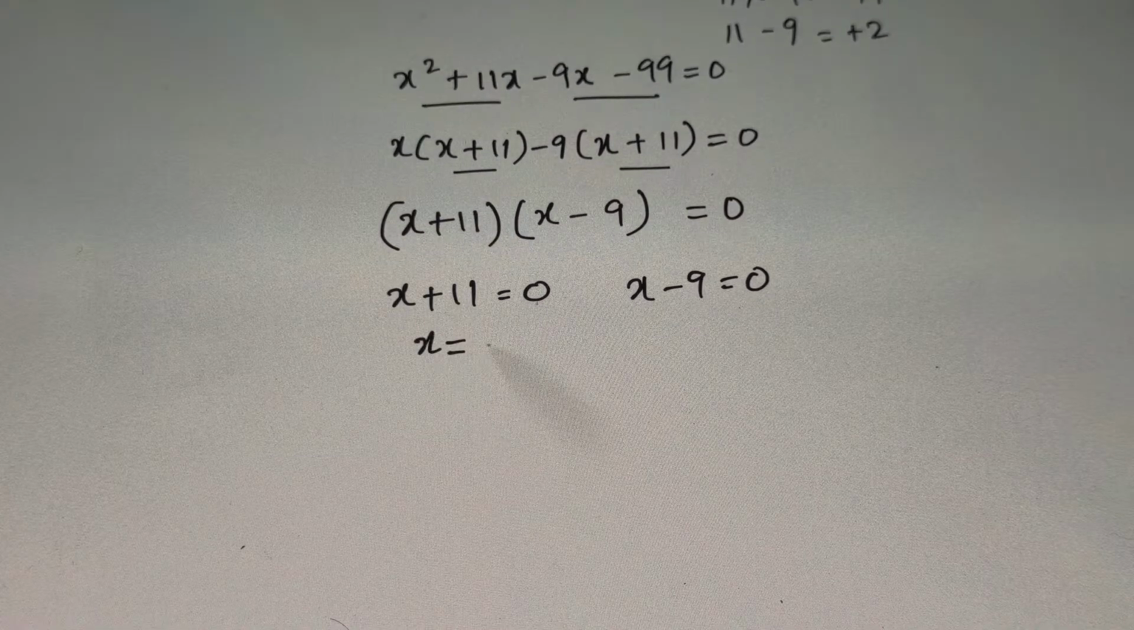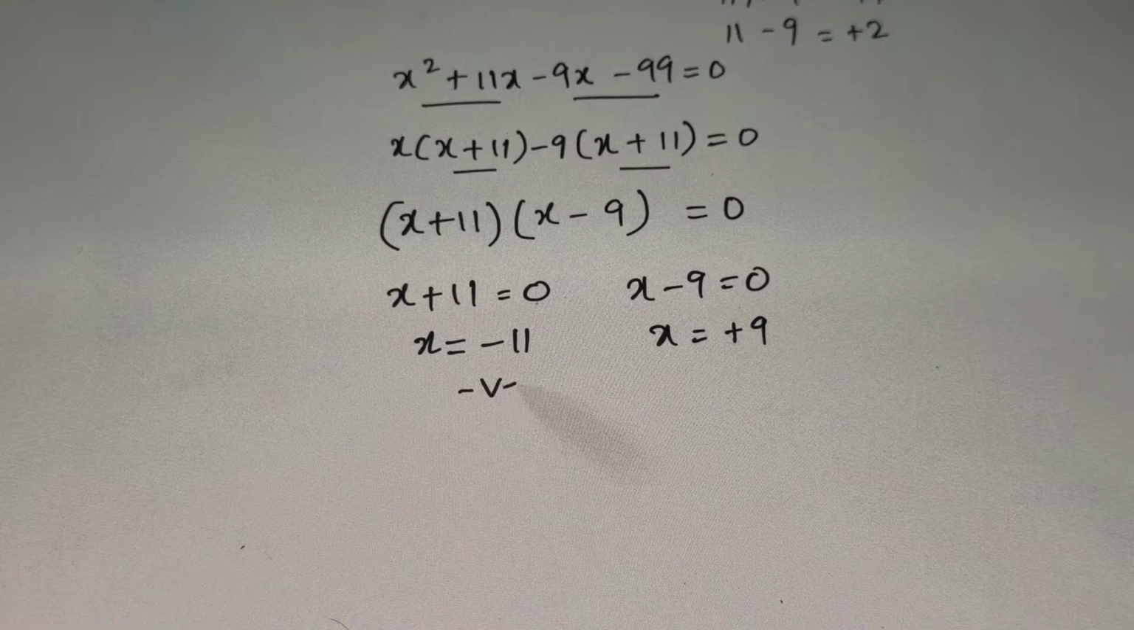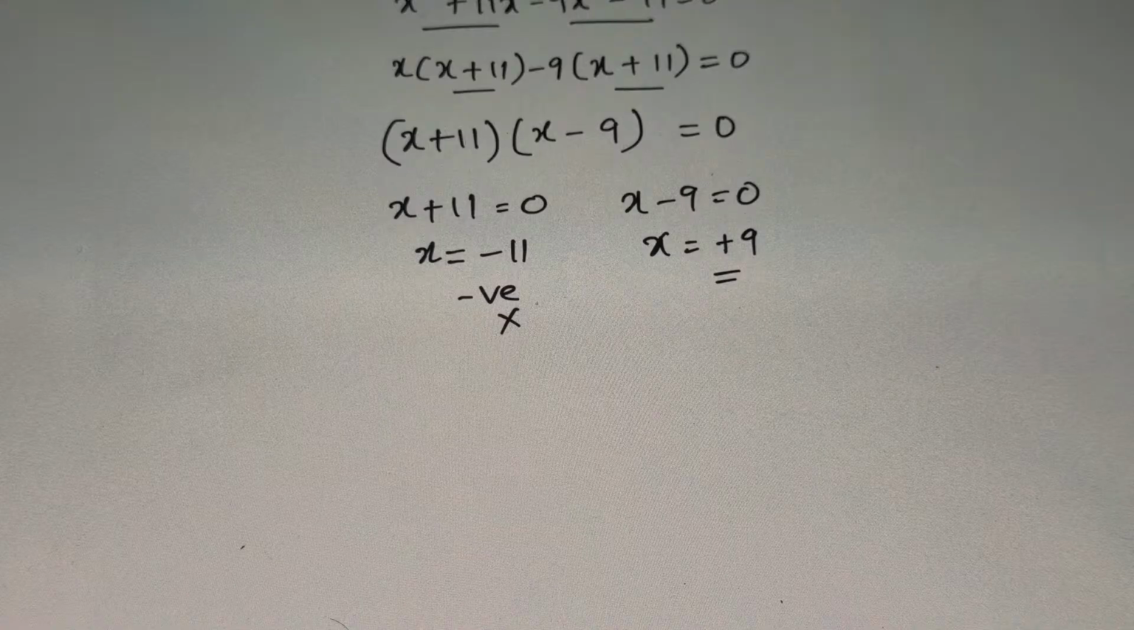So shifting 11 to the right side, you will get minus 11. Shifting minus 9 to the right side, you will get plus 9. As the value is negative, it is not to be considered. So you have a positive value, so x equals plus 9. So therefore the first odd number is